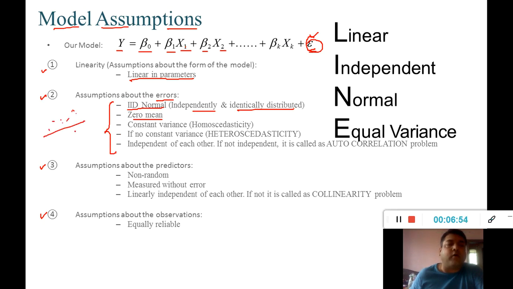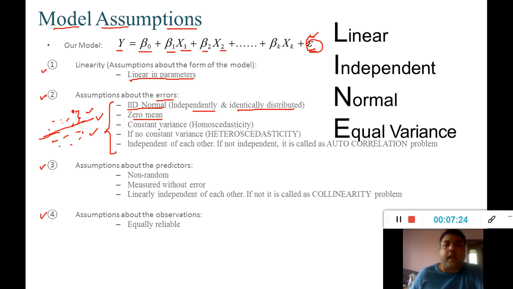My data points can be on this side of the line and this side of the line, and this line is my regression line. All my predicted values are lying on this line. The difference between the actual value and my predicted value, that difference we term as error, and these errors can be on both sides, right? So if I am calling this my best fit line or regression line, then this can be the best fit line only when I have a zero mean, a zero average for the error, right?